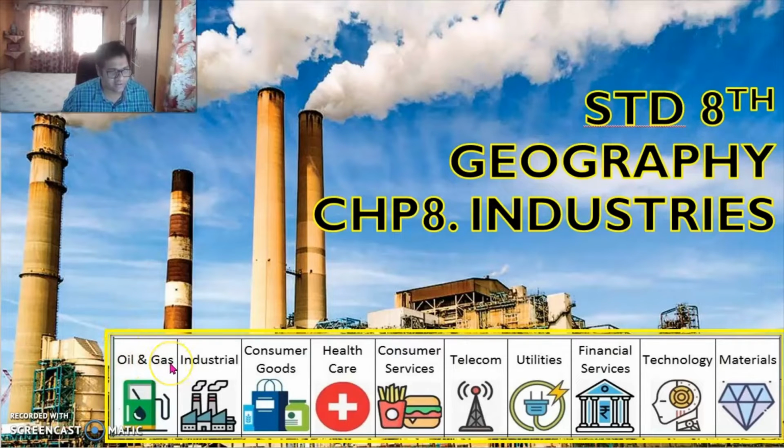Oil and gas industry, industrial industry, which are factories, consumer goods industry, healthcare industry, which are hospitals, clinics. Then we come to consumer services, which is also an industry. For example, we have KFC and McDonald's. They provide services, right? So that is the consumer service industry. Then we come to the telecom industry, which is the mobile operators like Jio, Airtel,